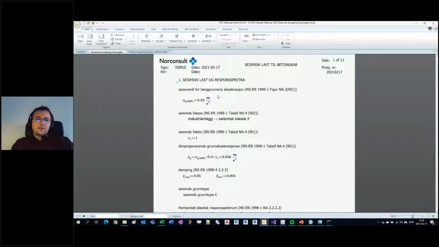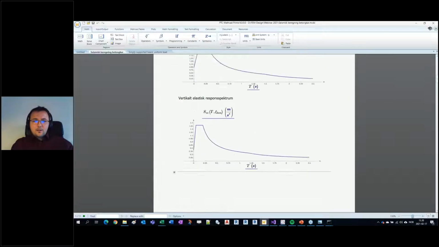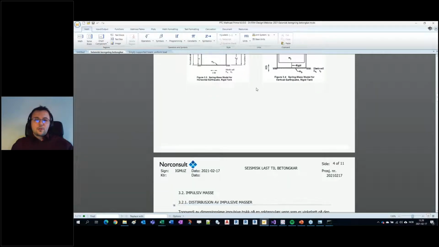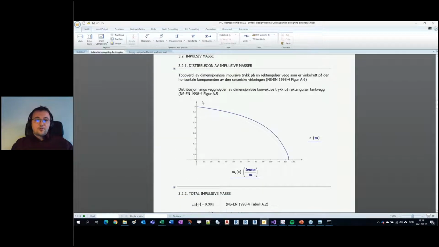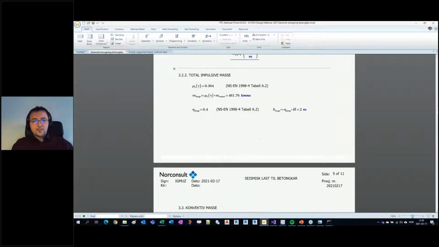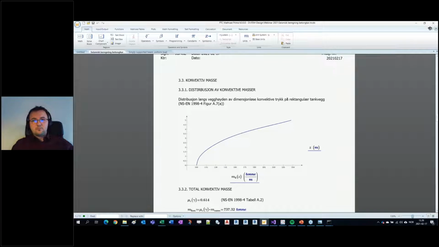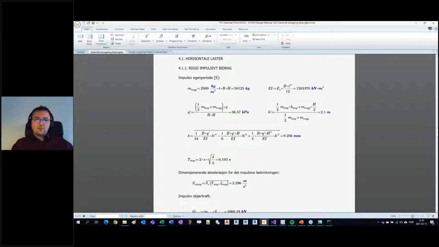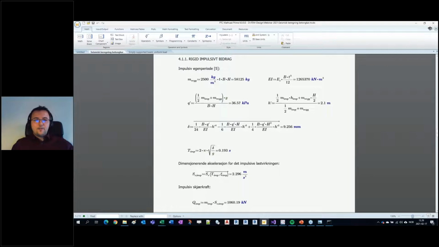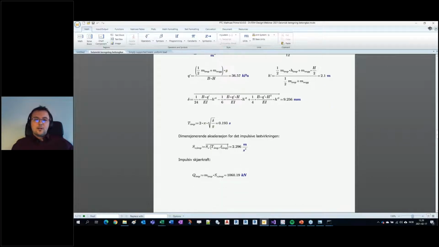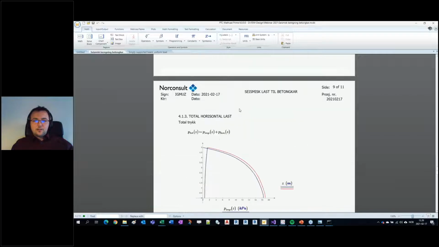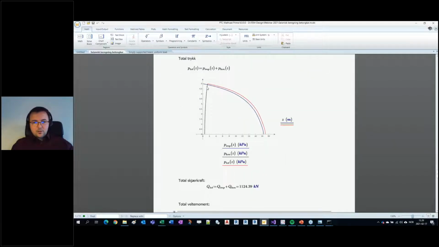This is a calculation done in MathCAD according to Eurocode 1998-4 that calculates hydrodynamic pressures due to earthquake loads, and the distribution of the masses and the loads looks something like this, depending on the type of liquid, thickness of the walls, and stiffness of the structure. There's a different ratio between the so-called impulsive mass and convective mass. That is, the water that moves together with the structure and the water that moves in the shape of waves, independent of the structure. So the final result would be one graph like this red one,